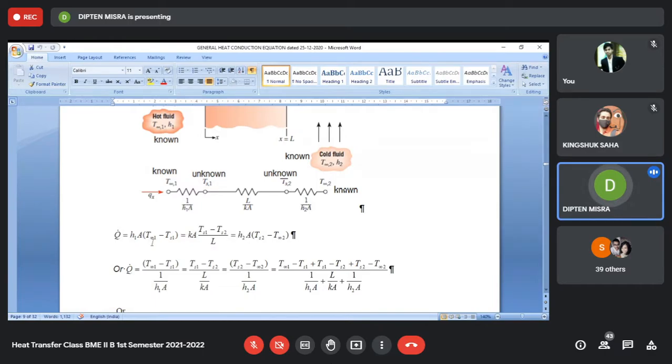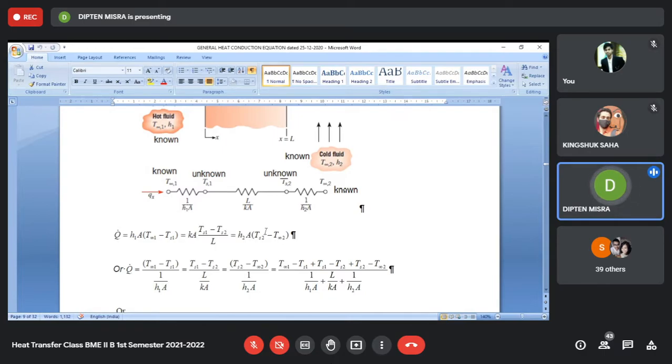That is why heat is flowing continuously from left towards the right. And when these three will be equal, what is this part? The heat convecting into the wall is equal to the heat flowing across the thickness of the wall, and that will be equal to the heat which is convecting out of the wall. These three will be equal when it follows three things.